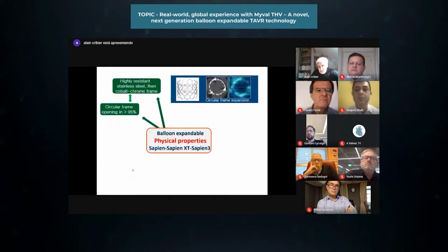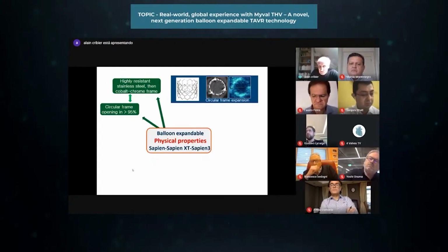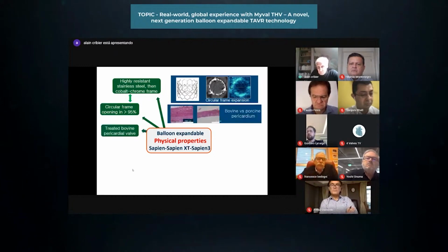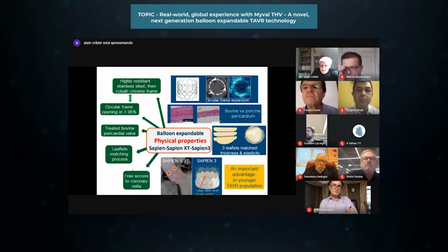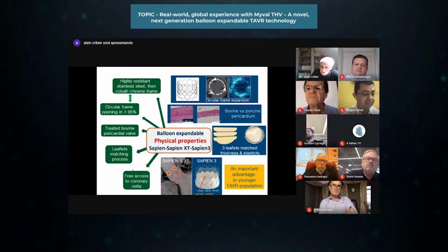The physical properties: using a highly resistant stainless steel, then a cobalt chrome frame with the last generation of balloon expandable valve, we got a circular frame expansion in 95% of the cases. So this was also something that we were looking for. And we used in this valve the treated bovine pericardial tissue, which is thicker than the porcine pericardium used on the self-expanding device. We had a leaflet matching process, and the whole thing, as I said, offered free access to the coronary ostia, which was an important advantage in the younger